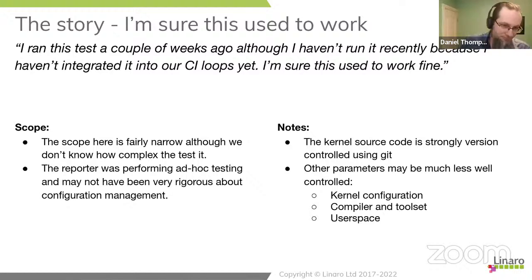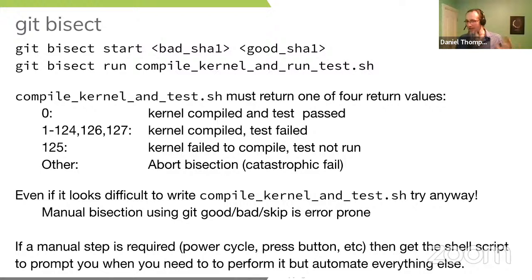So, tools we can bring to bear on this. Git bisect will always come up as a tool. This is a tool to say this kernel is broken, this kernel works. Try and find which commit it is that has caused it to break. It's a fundamental and powerful tool.